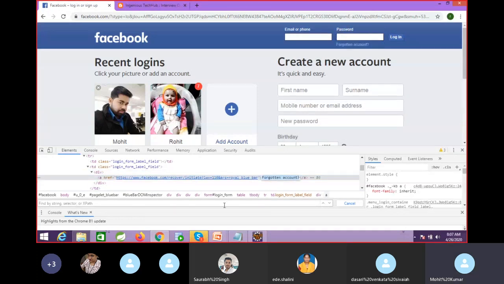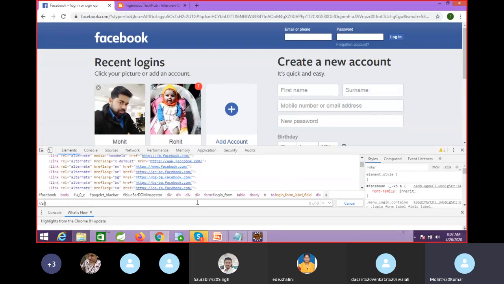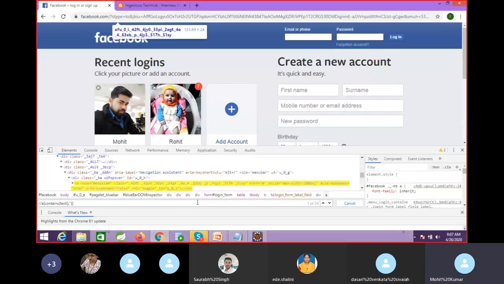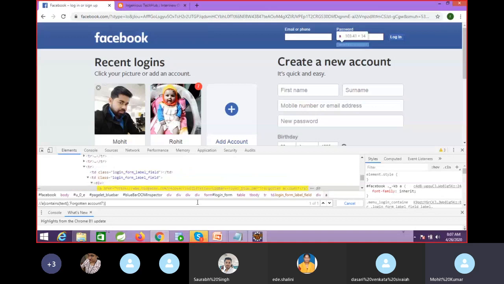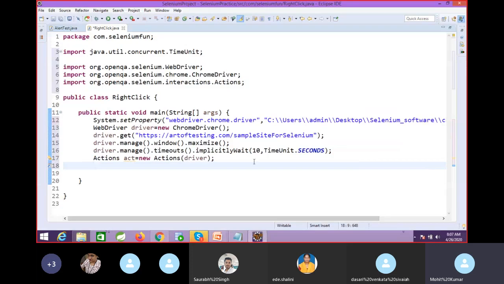So you can use the text function or contains with text. Okay, so I'm able to find this. This is the one node. There are no duplicate nodes.